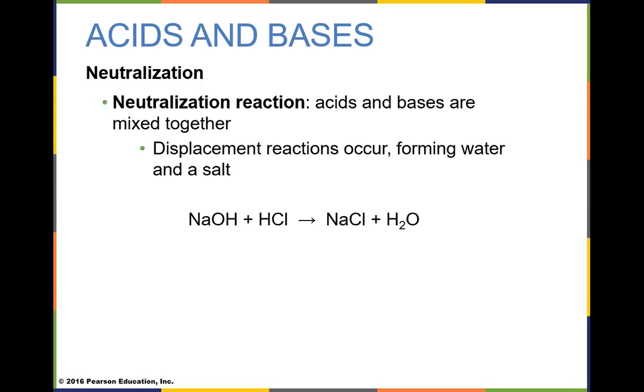Now, our bodies maintain a fairly constant pH level because anytime we have acids and bases in our bodies, we are busy neutralizing them back to homeostasis. We have lots of neutralization reactions taking place. And every time we have a neutralization reaction, we're going to give off water and a salt. If we were to mix sodium hydroxide and hydrochloric acid together, just like baking soda and vinegar, we get a salt, sodium chloride here, and we get water.